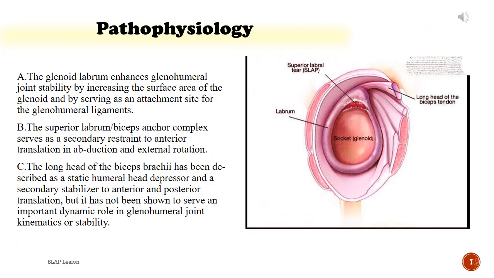Pathophysiology. The glenoid labrum enhances glenohumeral joint stability by increasing the surface area of the glenoid and by serving as an attachment site for the glenohumeral ligaments. The superior labrum/biceps anchor complex serves as a secondary restraint to anterior translation in abduction and external rotation. The long head of the biceps brachii has been described as a static humeral head depressor and a secondary stabilizer to anterior and posterior translation, but it has not been shown to serve an important dynamic role in glenohumeral joint